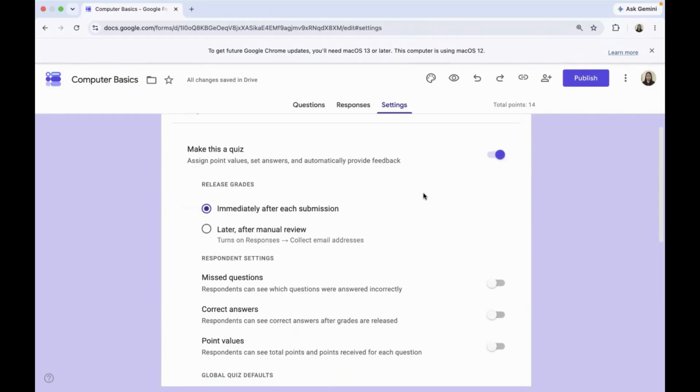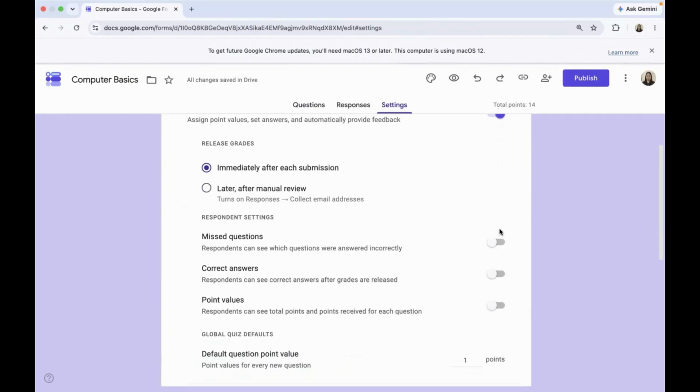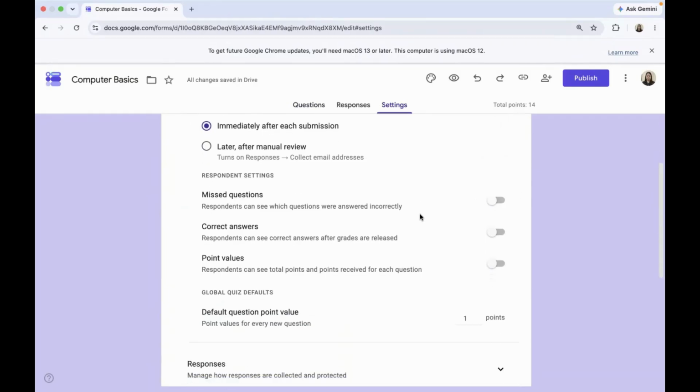So after that, you can set other properties of this quiz, like if you want the respondent to see the missed questions, correct answers, point values, and others. Okay, so to me, I would like my students to know their missed questions, but I would like to hide the correct answers so that they will learn those things if they didn't answer correctly the item.